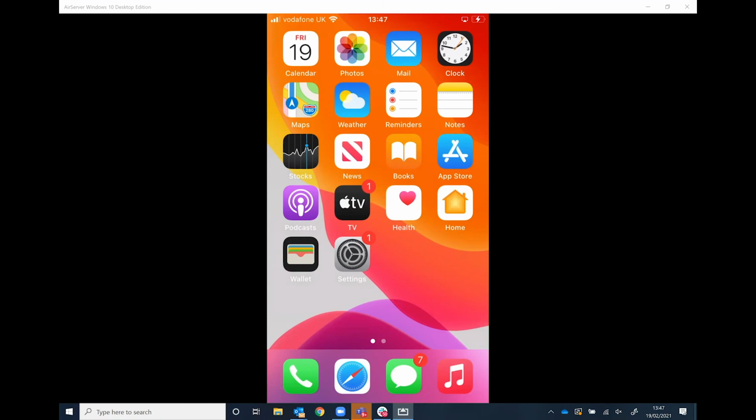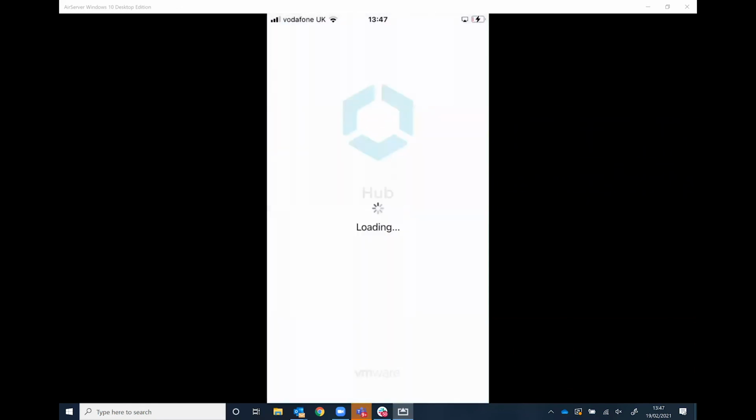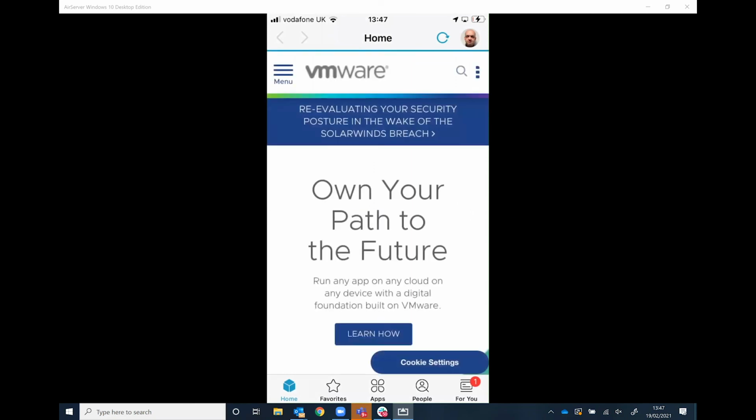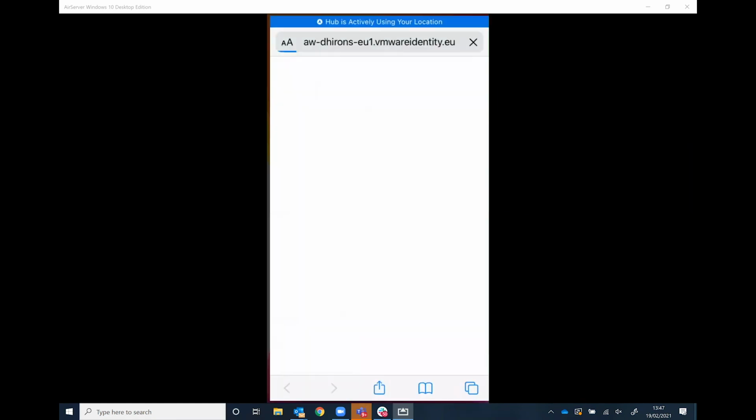And finally, let's take a look at what this looks like on an iOS device. So here we're on an iPhone. We're going to navigate to the Intelligent Hub app and we're going to launch that. In this case, it's logging in with Mobile SSO, so there will be no prompt for username or password. Once we're into the Intelligent Hub, we're going to navigate to the catalogue and we're going to launch the Salesforce